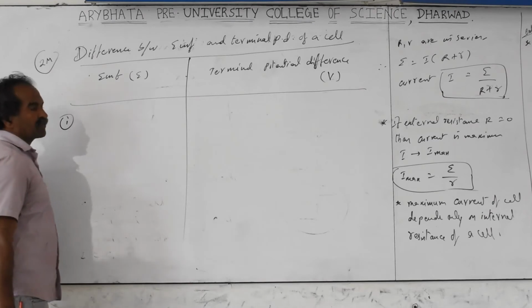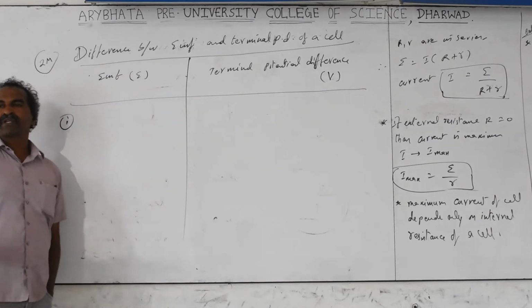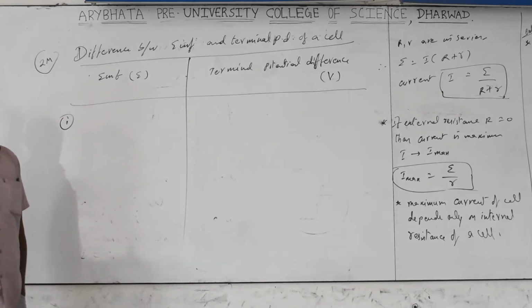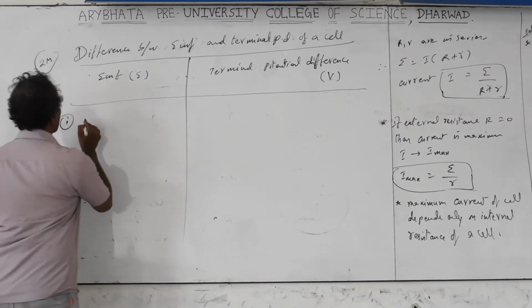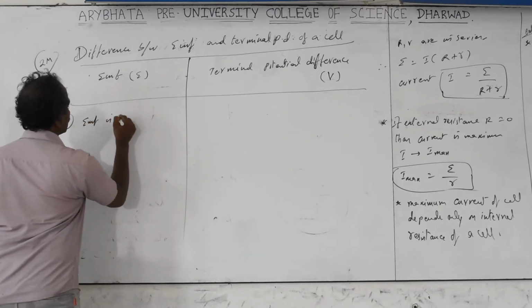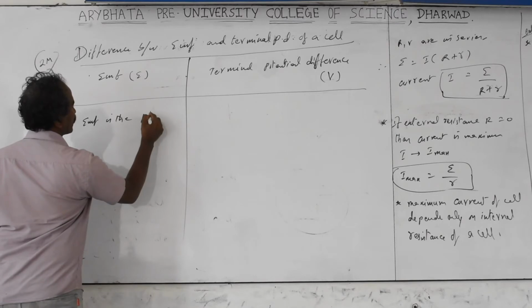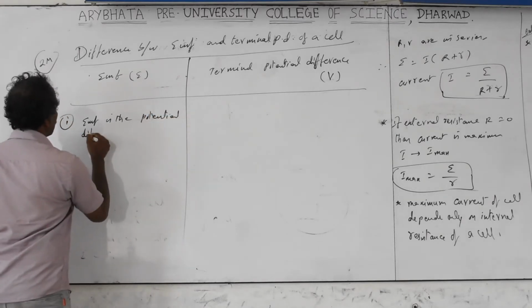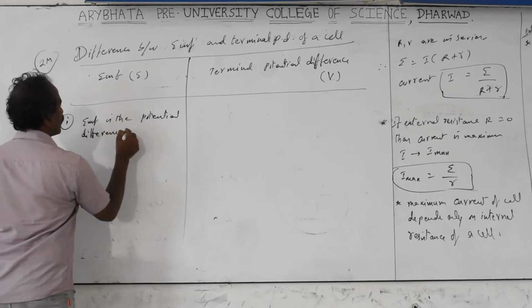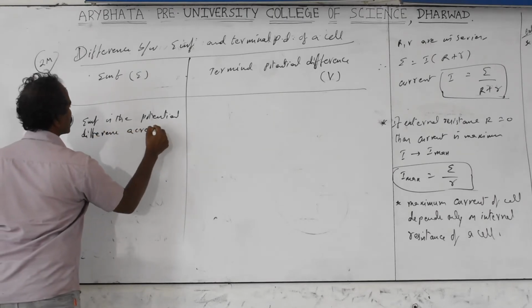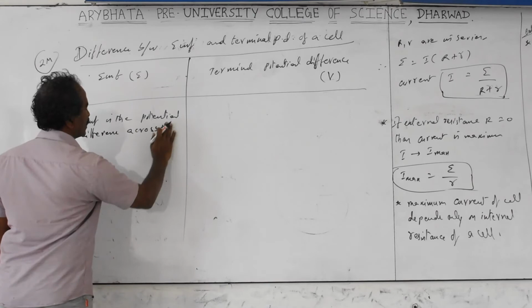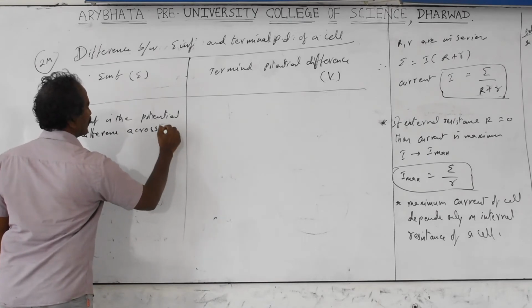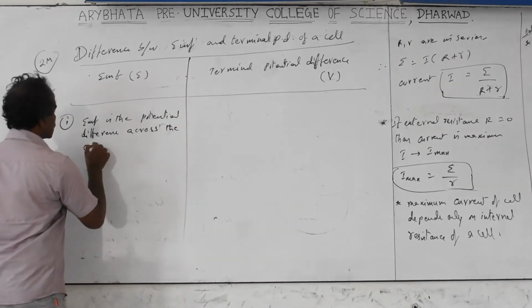What is EMF? It is the potential difference of the cell when current is not passing through it. You can say it in the open circuit also. EMF is the potential difference across the cell,